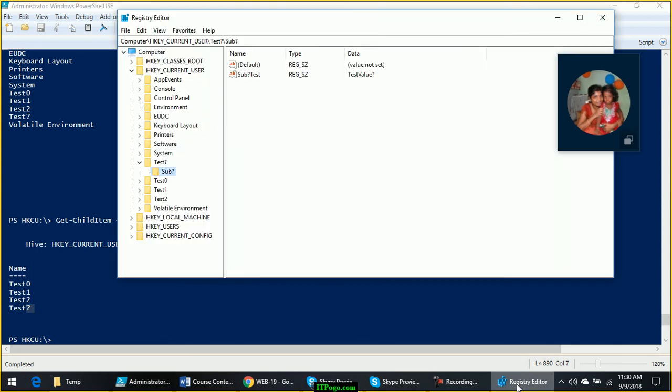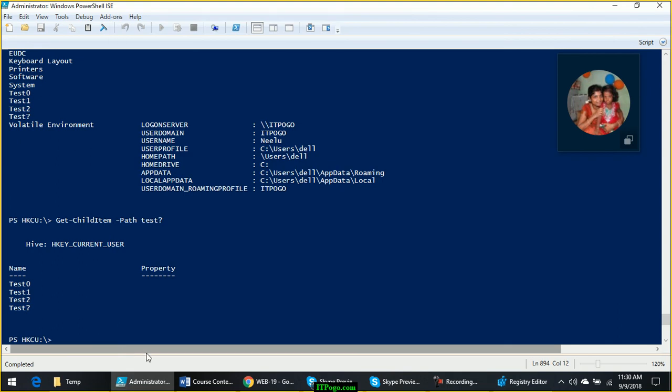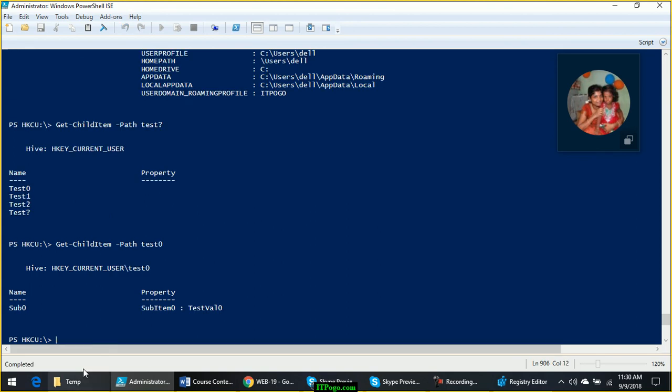But you know what? This is a problem. There is something under test 0. If I want to see what is under test 0, I can give Get-ChildItem -Path test 0. It will show me the sub key and the items under that sub key.